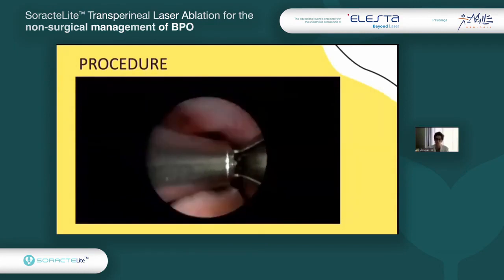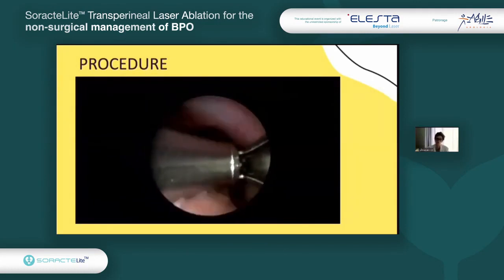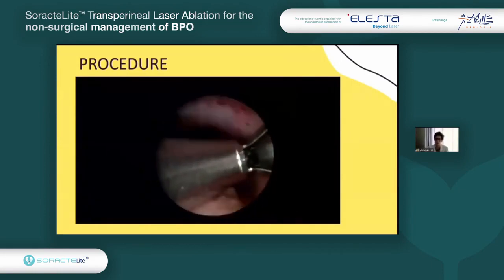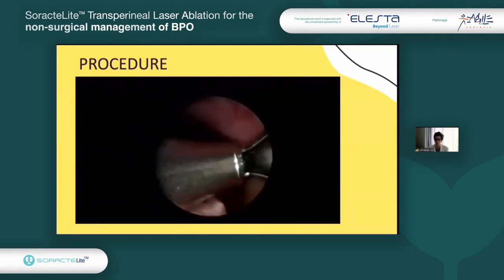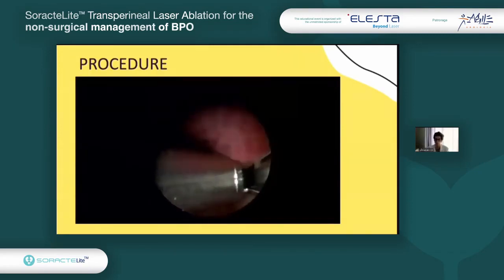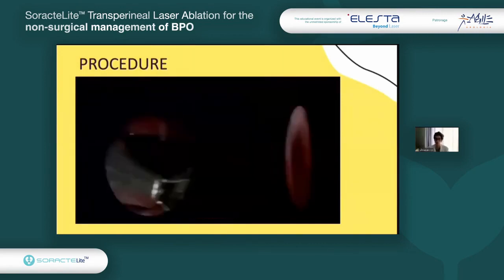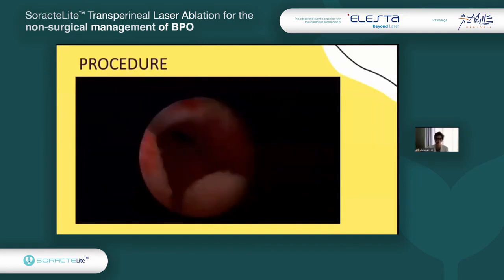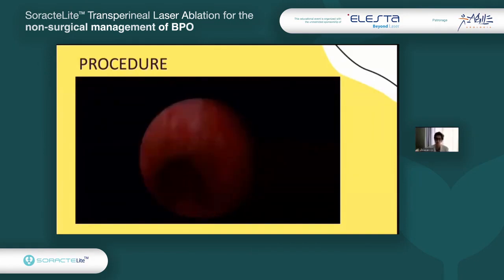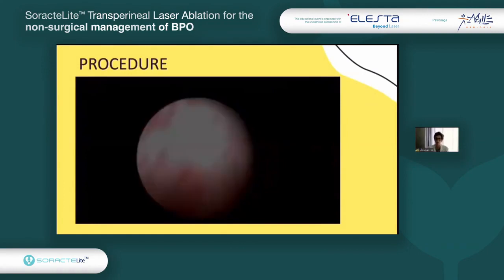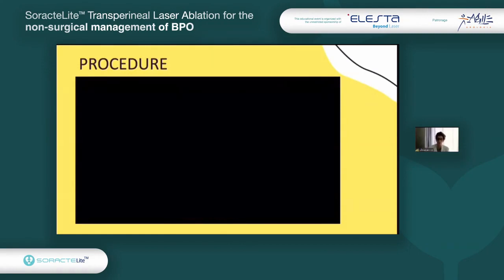We gave the patient antibiotics before the procedure, and we suggest the patient maintain the therapy for another 4 or 5 days. As you can see in this particular patient, no hematuria is happening. Hematuria is very, very rare. Catheter placement is also very uncommon, because urinary retention occurs in less than 5% of patients that we treat. And at the end, we perform another cystoscopy to verify that we have obtained a good